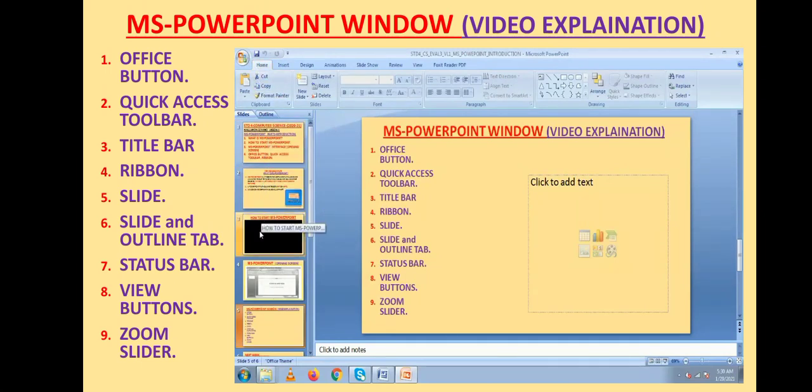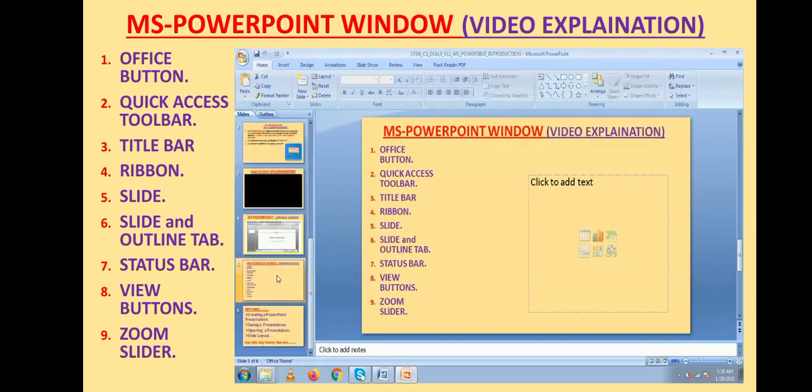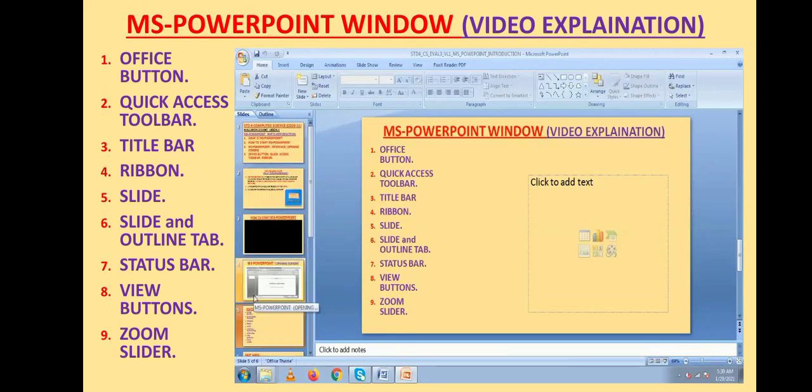Then you have Slides and Outline tab. Slides are nothing but pages that are there in your presentation. By default, the Slides tab is active.